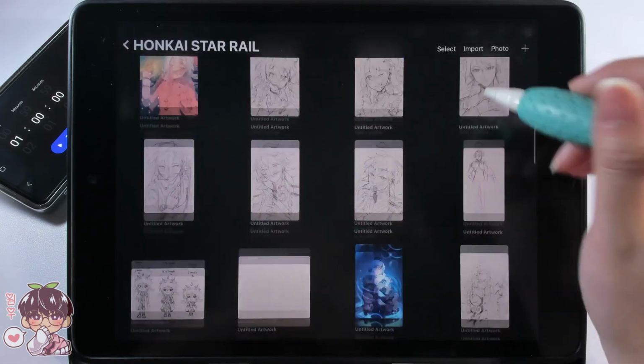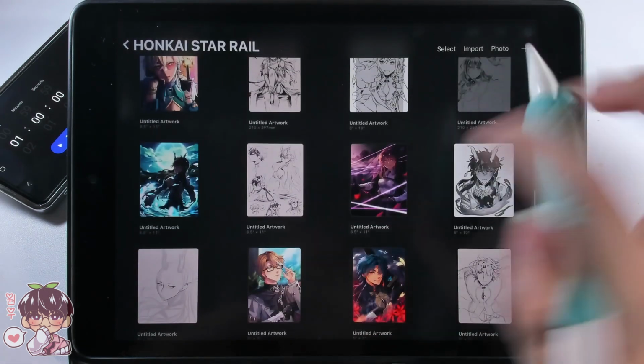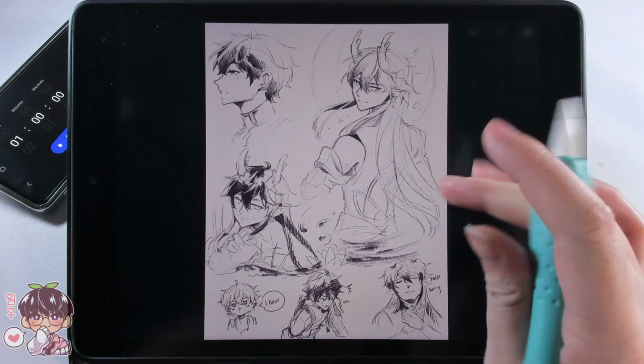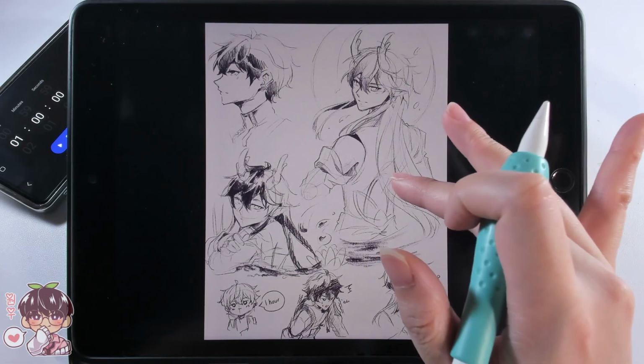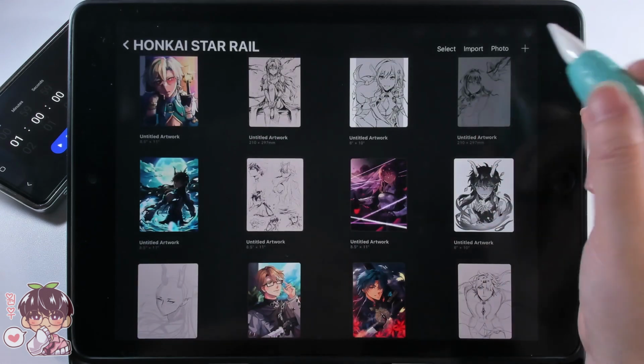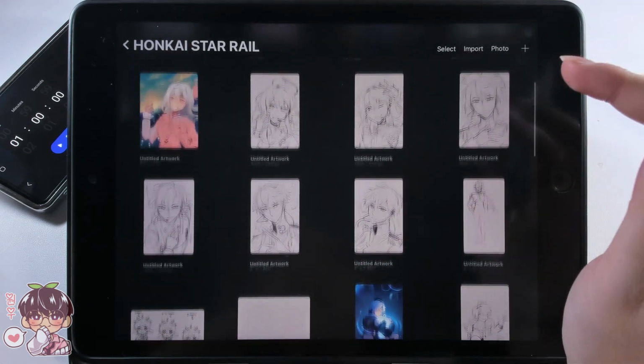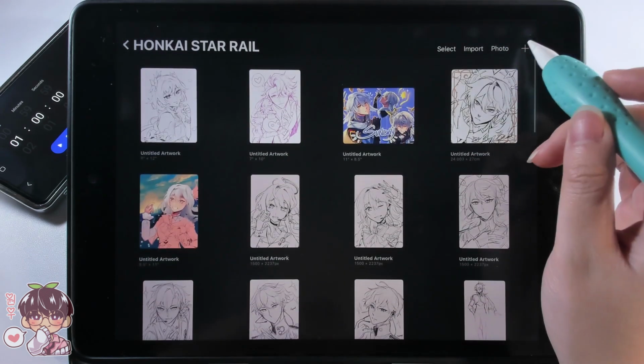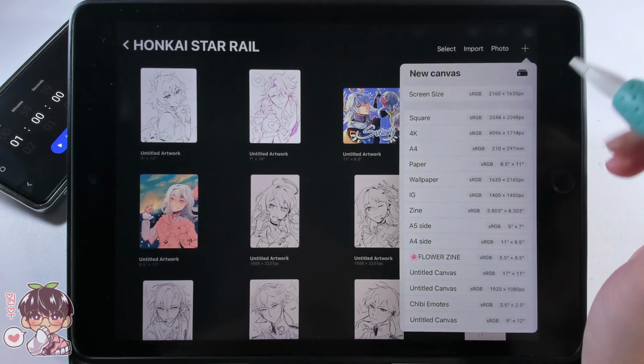So the one that I did previously was sketching out ideas for Danheng to do an illustration or a drawing or something. We ended up going with this for an illustration later. But today, I thought it'd be fun to take you guys along with me as I get familiar with the character. So let's go ahead and open up a